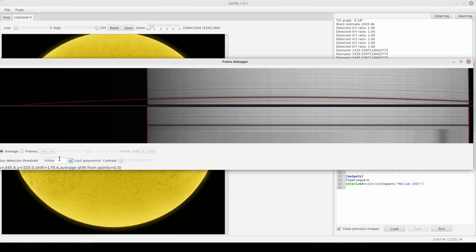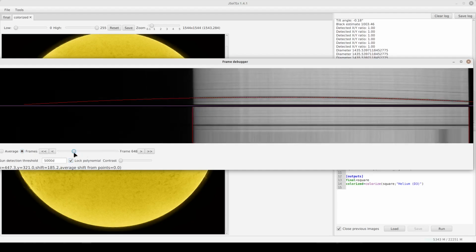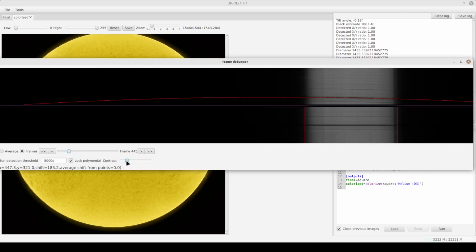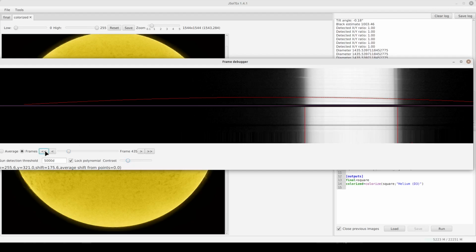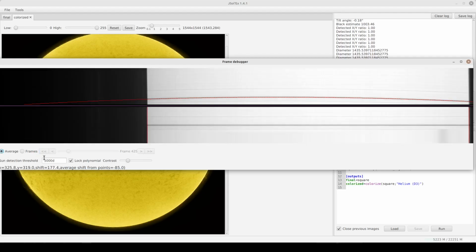So I'm locking the polynomial, I'm going to do the frames, go to the edge of the sun, there we go, increase the contrast, I'm going to go right where we can clearly see this, control click on this line, just a few points is enough. Read this value, -85 is the shift that we're interested in,